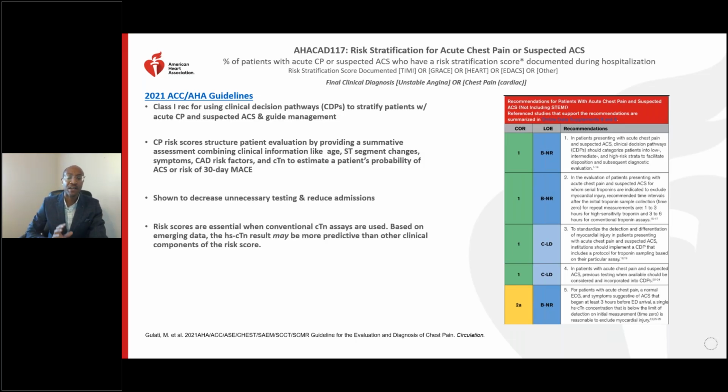And so not only are we identifying patients who are at higher risk and doing a better job of identifying patients with acute coronary syndrome and life-threatening conditions, but on the other end of the spectrum, we're also making ERs happy, discharging patients who are really low risk, decreasing unnecessary testing, and reducing admissions, which is also really helping out a lot of healthcare systems as well. And so we've learned that the high sensitivity troponin is really powerful in helping to stratify patients into low, intermediate, and high risk, and actually be a little more predictive compared to the conventional assays as well.